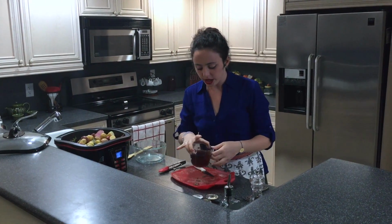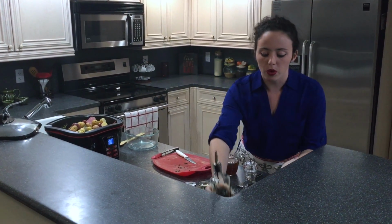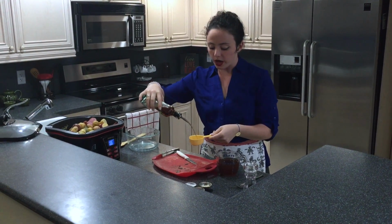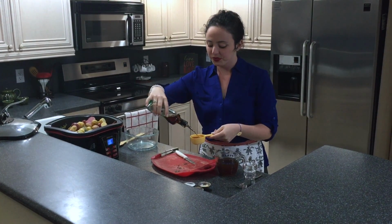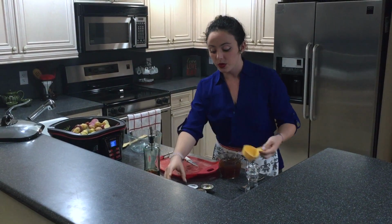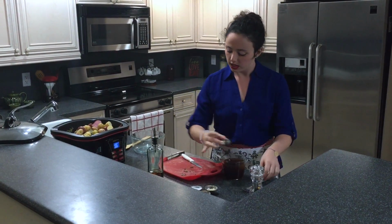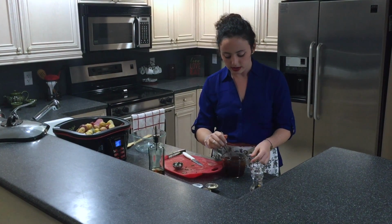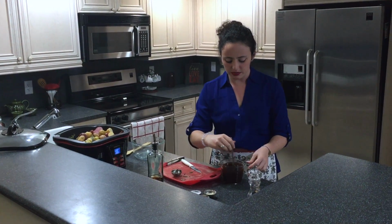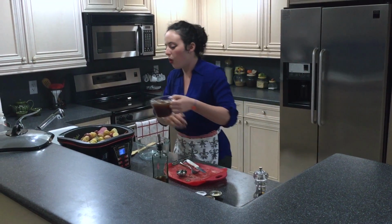Now, what is a good pot roast without a yummy sauce? So here I have prepared a cup of beef stock. I'm also going to pour 1/3 a cup of cooking wine. And I'm going to add about 2 tablespoons of Worcestershire sauce. Pour that right in. And I'm going to mix, making sure everybody gets mixed evenly. And I'm ready to pour over